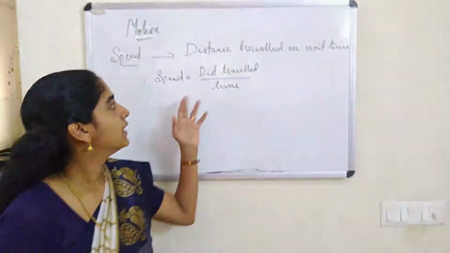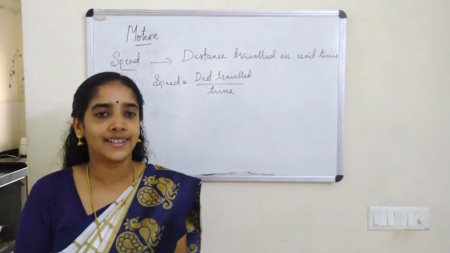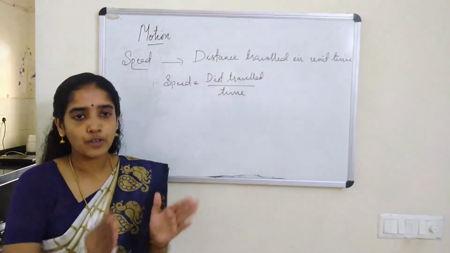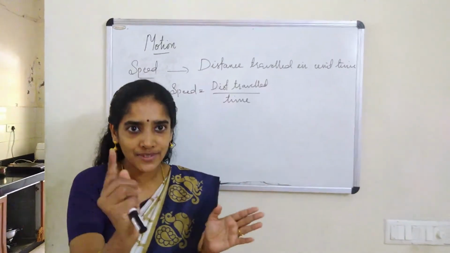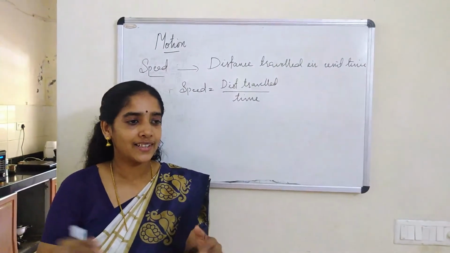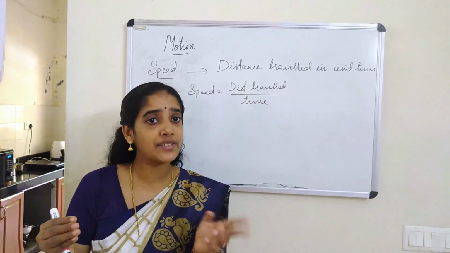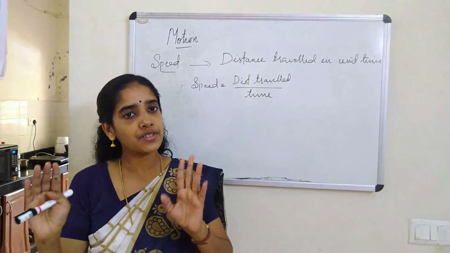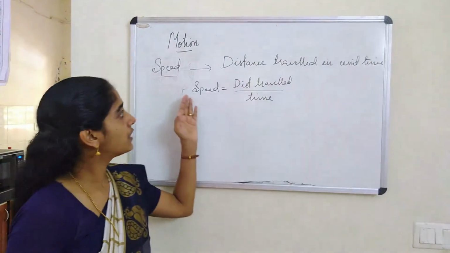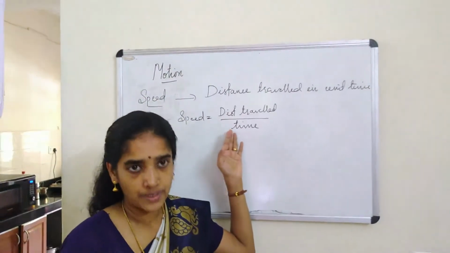Now see, in our vehicles, in the car, when your papa drives the car, you have a look at that. Just behind the steering, you can see there are some meters. One type of meter represents the amount of fuel in the tank, and one is continuously fluctuating. That is showing the speed of the vehicle at any time. And there is another one where the unit kilometer is written. That is called the odometer. The one which represents the speed is called the speedometer. So the odometer represents the total distance travelled by the vehicle, and the speedometer represents the speed of the vehicle. The speed of the vehicle at any instant can be measured with the help of that meter. We call it the speedometer.